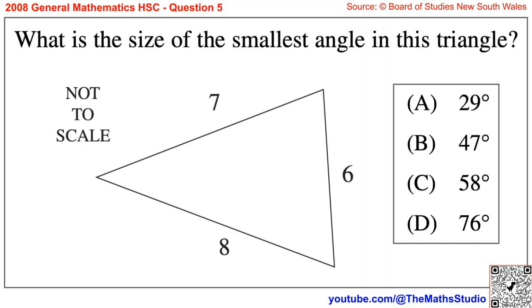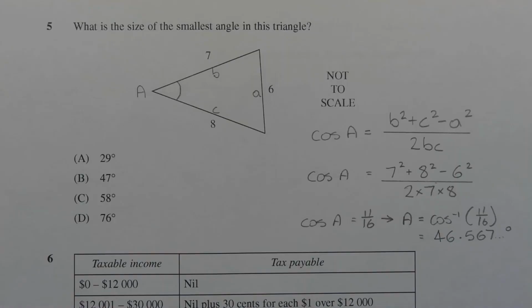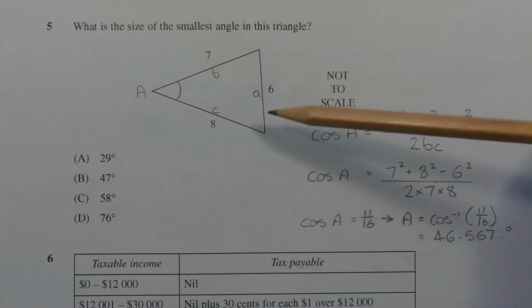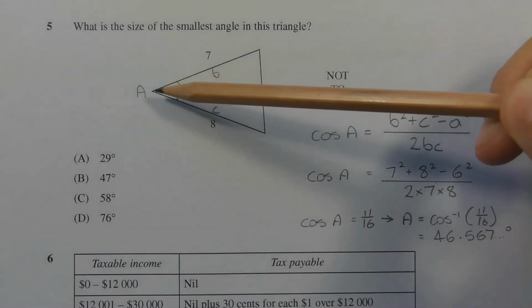Question 5. What is the size of the smallest angle in this triangle? The first thing to note is that in any triangle, the smallest angle is always opposite the smallest side. In this case, the smallest side is 6, and the angle opposite that is this angle here, which I've marked